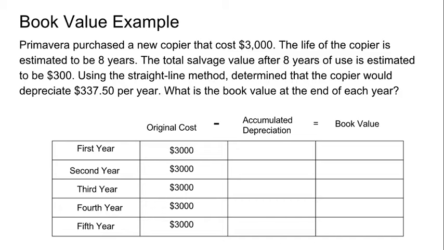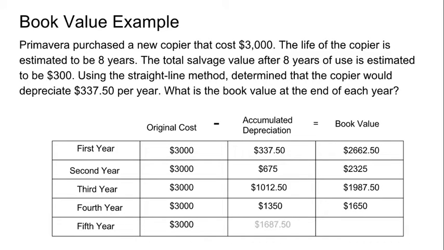So at the end of the first year, it was $337.50. So if we go ahead and subtract at the end of 1 year, the book value is $2,662.50. So now that's what the copier is worth after 1 year of use. So now if we plug in our accumulated depreciation for the second year and do our subtraction, we get $2,325. Then if we keep doing that for each year, we end up with at the end of 5 years, it is now worth